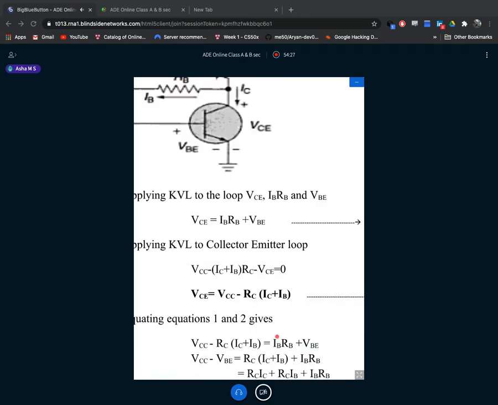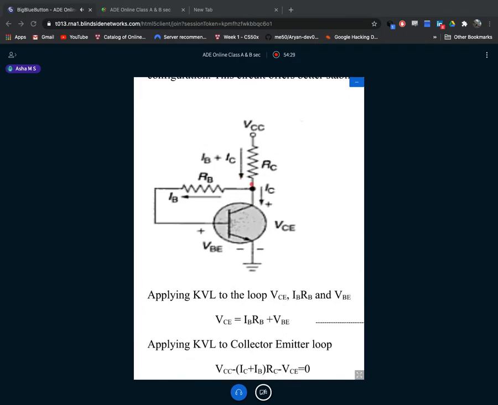So some portion of this IC is fed back as an input here, which is called negative feedback. Negative feedback reduces the gain. That's why here IB value reduces, which in turn reduces the value of IC. Whatever the IC increase due to the rise in the temperature, this negative feedback reduces the effect of that increased IC. That's how this operating point is maintained at its proper value, IC and VCE.